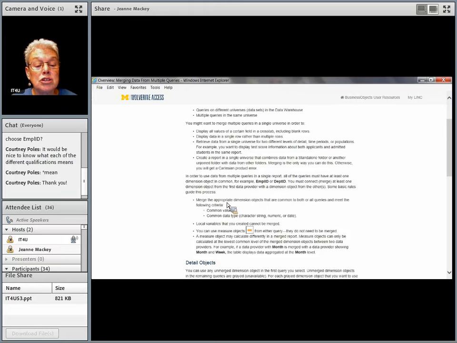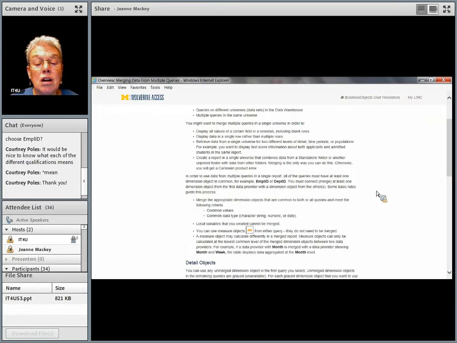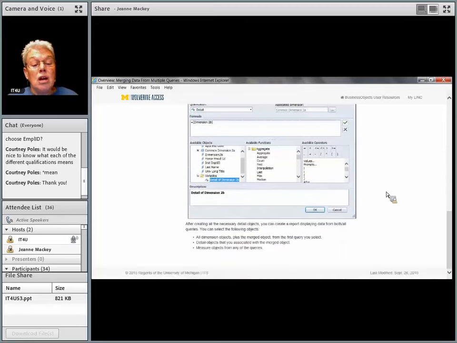Measure objects. All right, I was thinking, here's a definition of measure and detail. A dimension object is just character, numeric, or date, basically. It's not a calculation. That's about all I can say about it, but I'll follow up. I'll give you a little more verbiage on that. Okay.